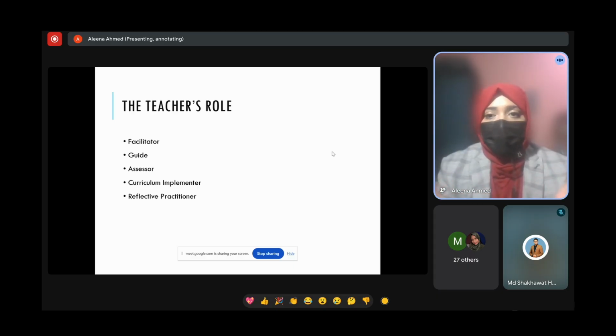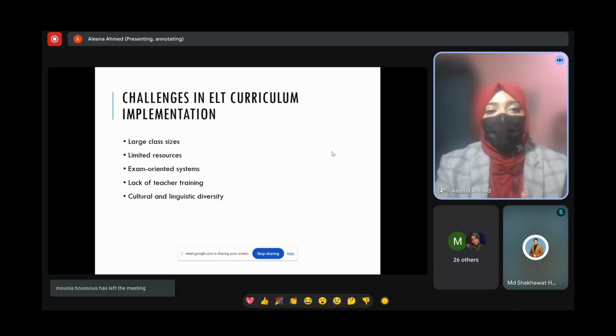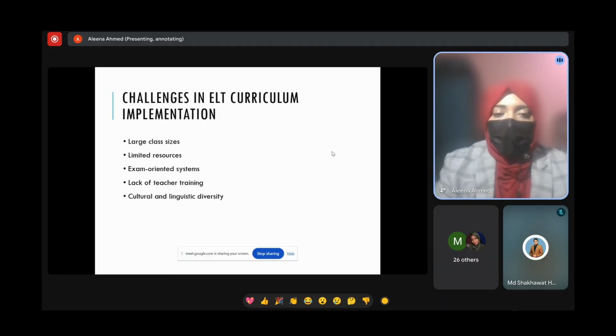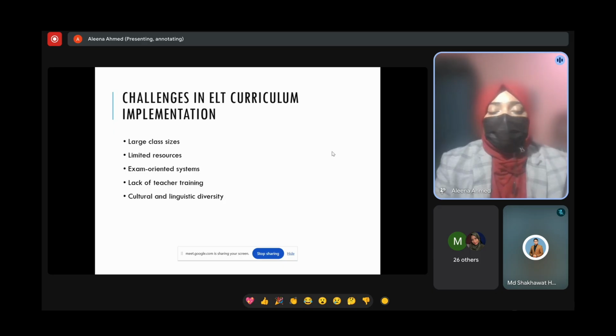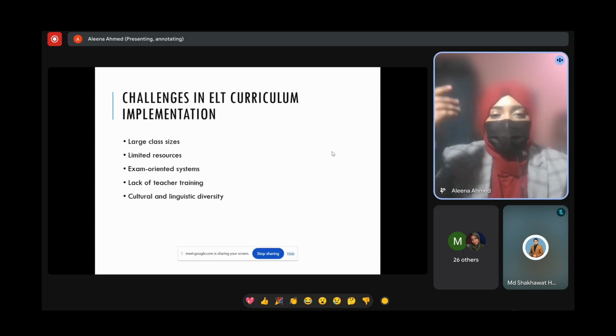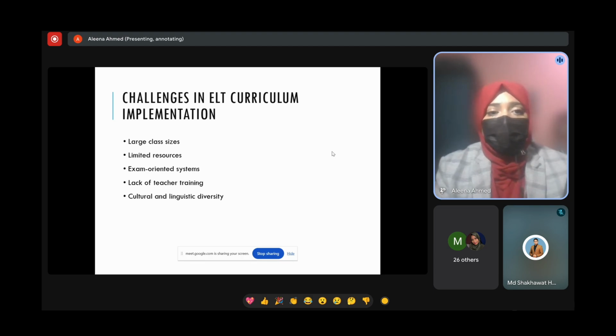So reflecting on past mistakes and past challenges, and practicing to overcome those challenges, is what a good teacher's role is, right? Challenges in the ELT classroom: I have already mentioned that when the class size is large, we definitely have difficulty pointing out who is the spoiler making noise. It is also very difficult to speak in a louder voice that can reach the very last row. So large class size is a very basic challenge in an ELT classroom.